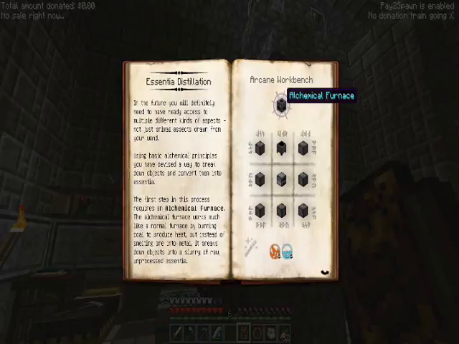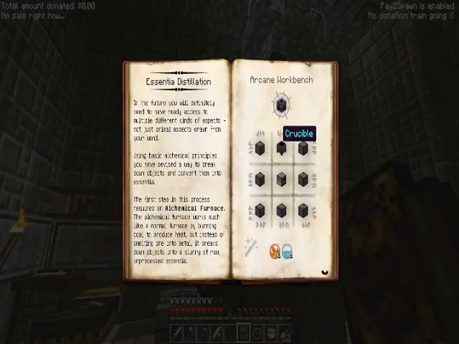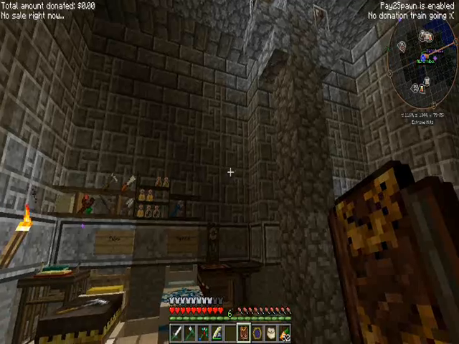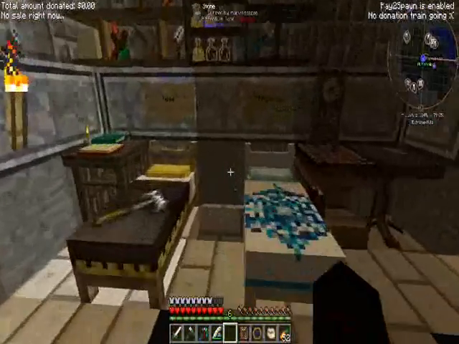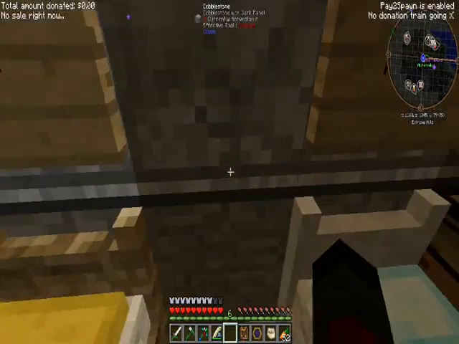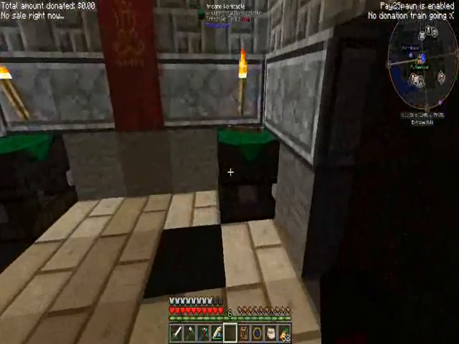Okay, that's the recipe for the alchemical furnace. We need a crucible, a furnace, and a bunch of arcane stone. I can do this. This is doable. This is not the worst thing in the world, but to do that now would require some stuff. Okay, I'm gonna grab...